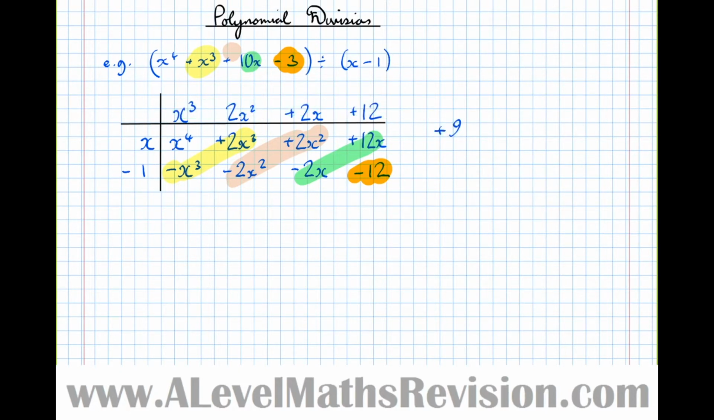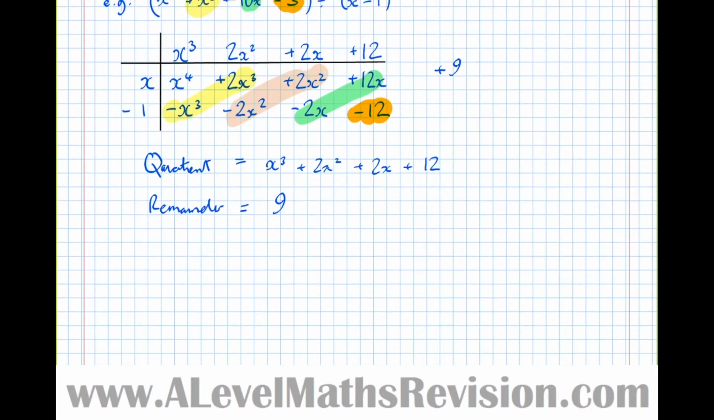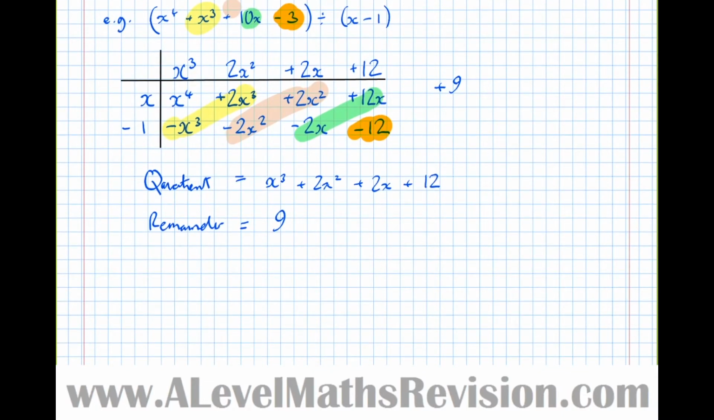So in this case, the quotient is this here: x cubed plus 2x squared plus 2x plus 12. Then the bit we had to add on at the end, the remainder, is positive 9. Let's try and make sense of what each of those mean now, because we haven't quite finished this question yet. If I asked you to do, say, 7 divided by 2,